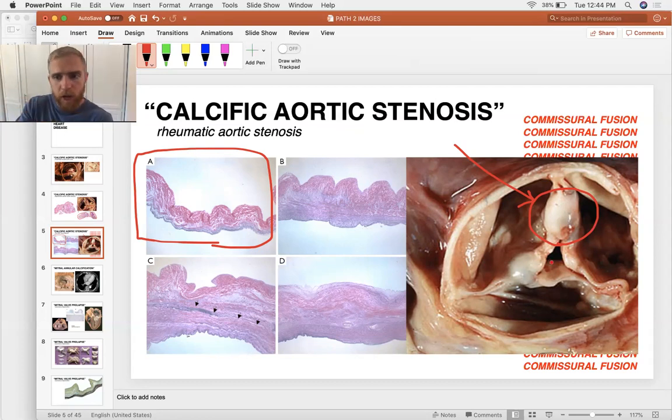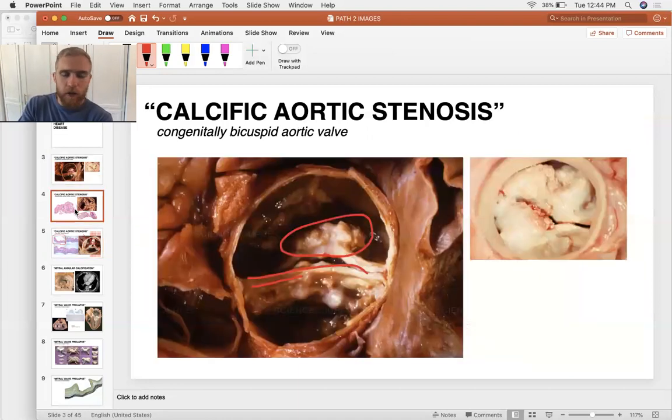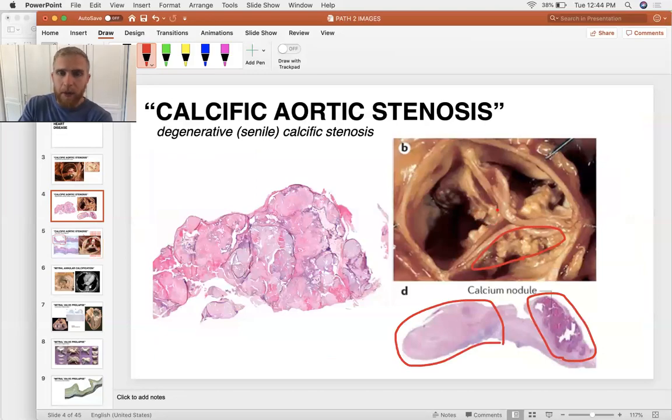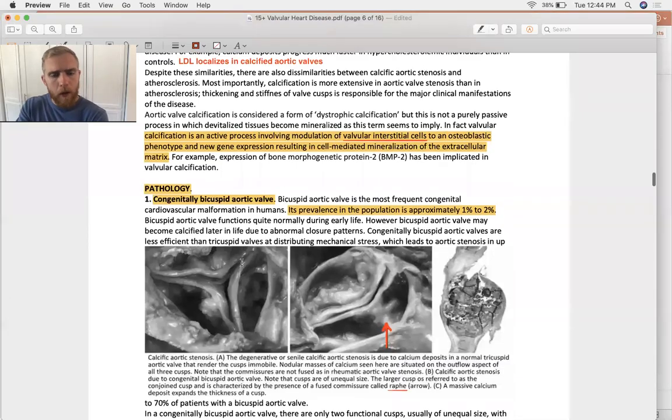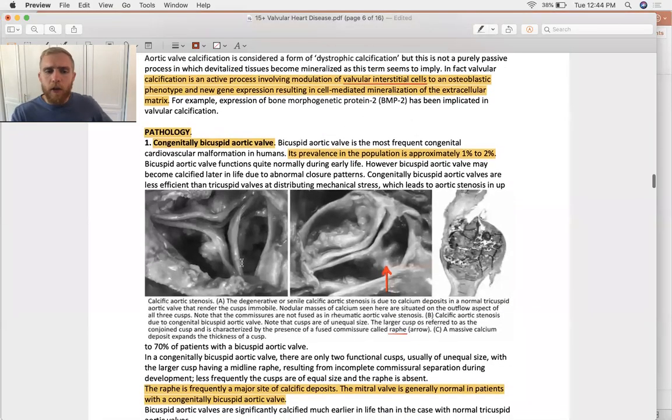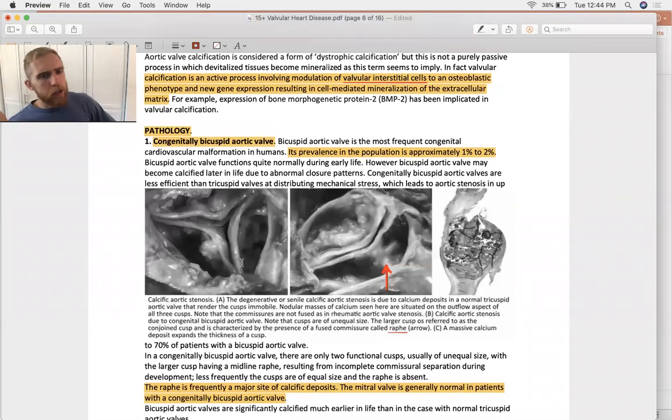And so that's what you're seeing here in this picture, is that valve 1 right here and valve 2 right here are fused in the middle by the presence of such fibrous tissue over top of them. So that's your rheumatic stenosis grossly, versus just your calcific stenosis, in which the valves are not going to be locked up together. Now, going back into the text, we're talking about congenitally bicuspid aortic valves, and they're fairly common,